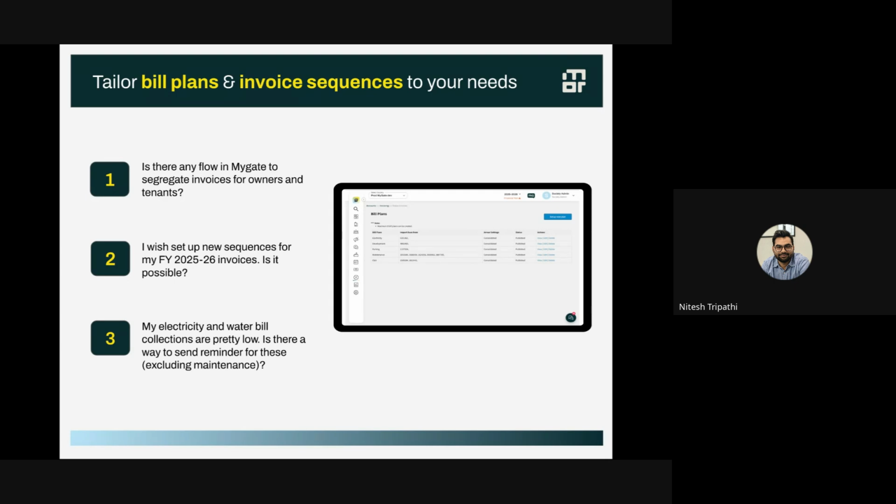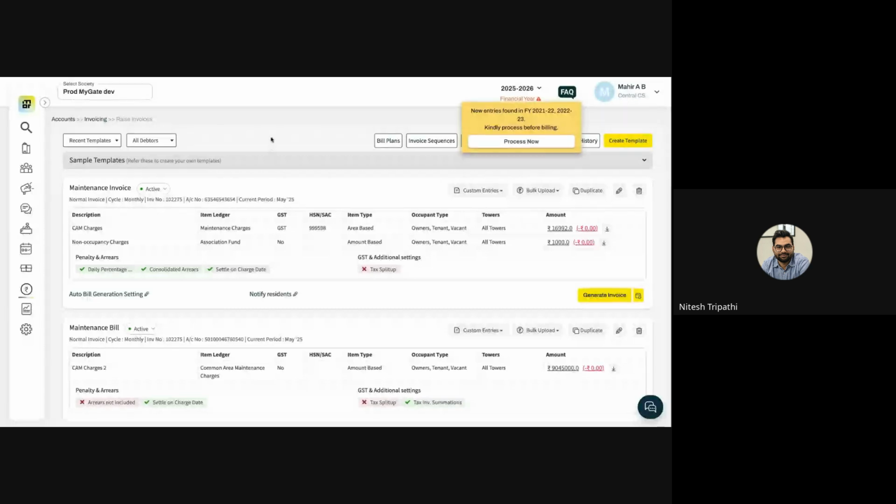So a particular sequence of 24-25 was running until 31st of March. But now you want to go ahead with, let's say, a new sequence for the 25-26 financial year. So is this flow possible with Mygate? How can I ensure that these kinds of processes are taken care of automatically? We can look into these processes now. So if I go to the Mygate dashboard, on your familiar template listing page itself, you have a shortcut for invoice sequences. If I click on it,